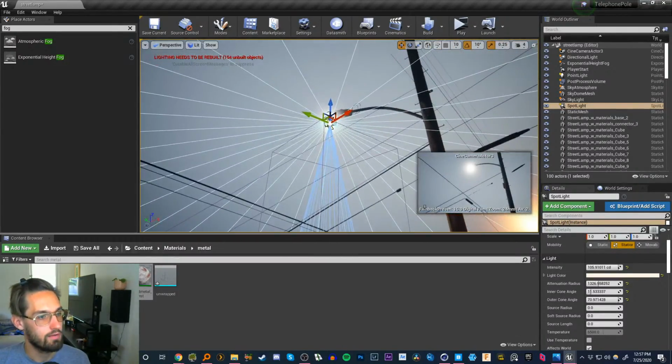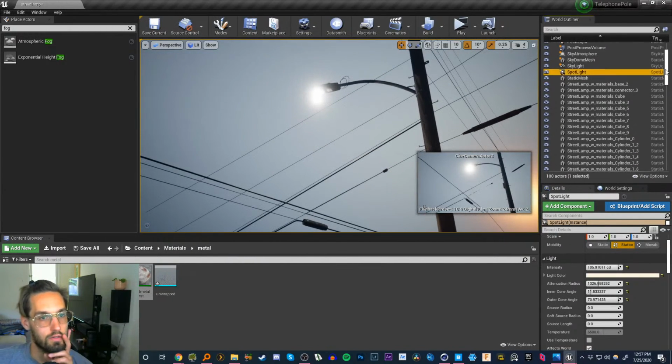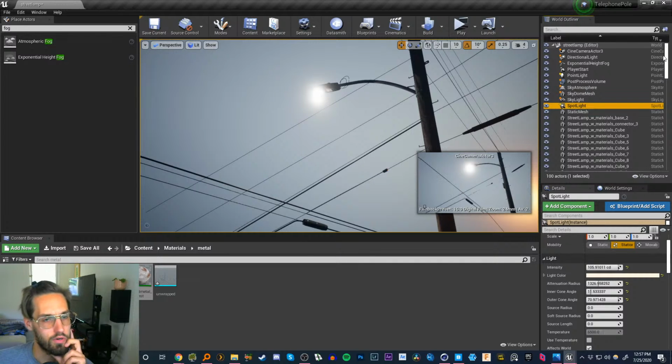So let me get this lighting right. Let me try and adjust this fog. It's certainly too bright. I wonder if I just need to drop my sun completely out. So if I do my directional light, if I get rid of that,